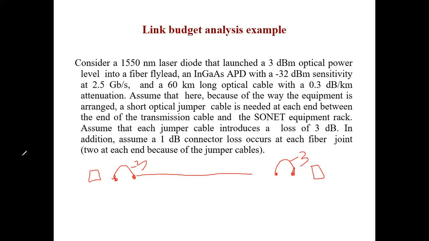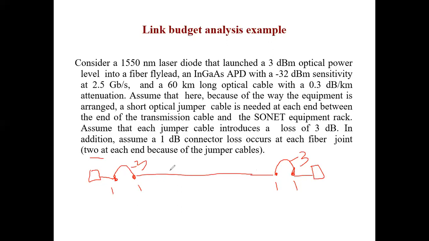So here these are 2 connector losses, so I have 2 connector loss. The first connector is giving me a loss of 1 dB. This connector 2 at each end. So here there are 2 connectors, and here 2 connectors. Okay, so 2 connectors are there. So this 1 dB loss at each end, and then is splicing given here?